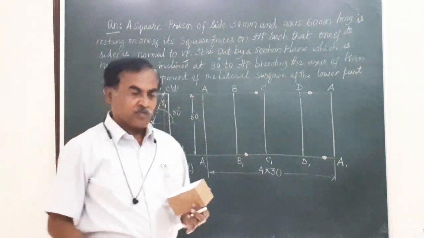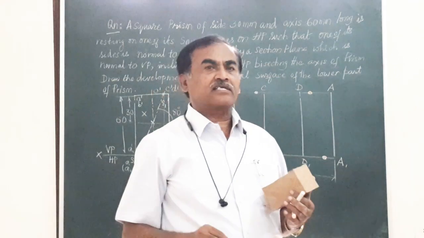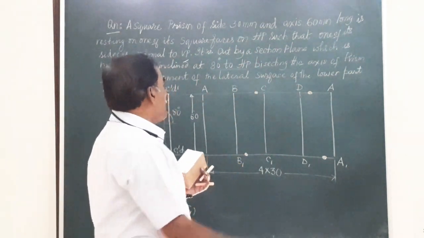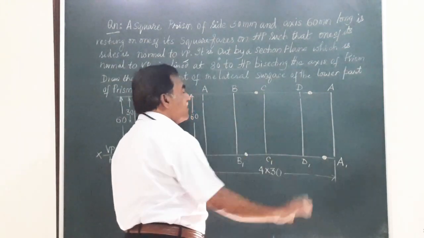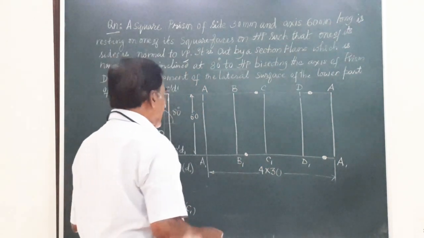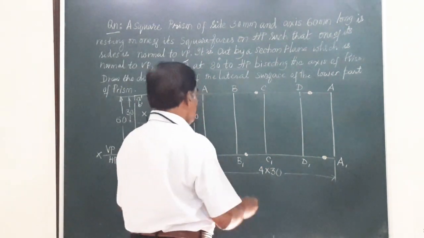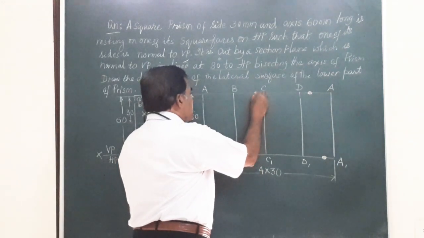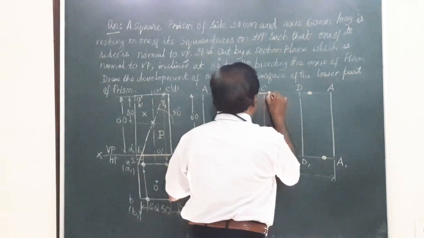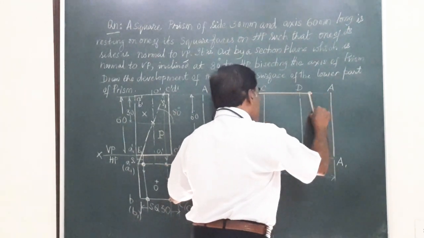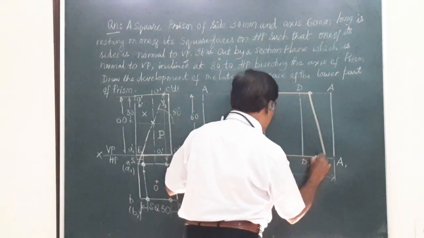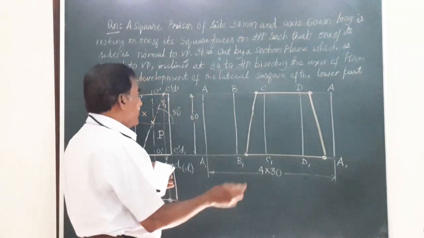Friends, totally we have got 4 points where the section plane is cutting the solid, that's the prism: 2 points for the top face, 2 at the bottom face. Now next we have to join the points so obtained by full line. Hence I am going to join these 2 by a straight line. This portion by a straight line, this portion also again by a straight line, and this part I am going to show. So we have got 4 points.